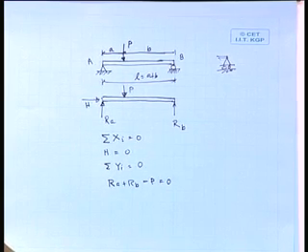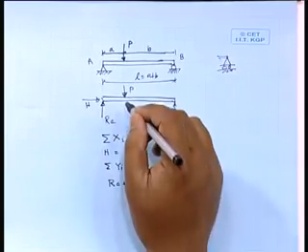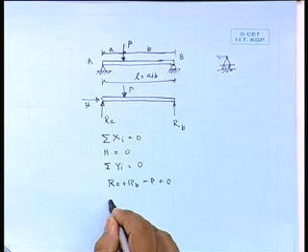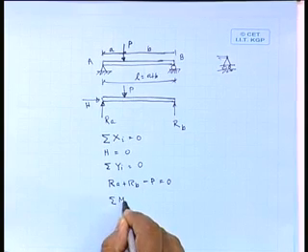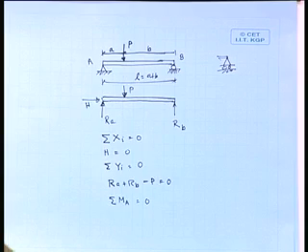Right. Now, in the next step, we can take moment about any point. So, we can take moment about A, moment about B, moment about the application of the load, anywhere we can take it. Okay. So, we can take say moment about A, that is equal to 0. So, if you take moment about A, it will be